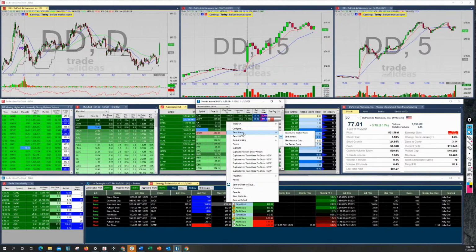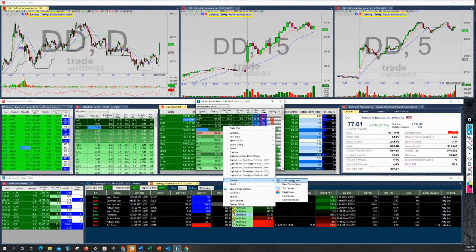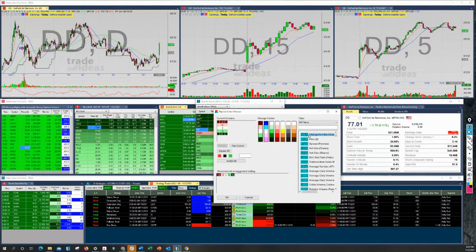That number of stocks it can populate is a set record count. Okay, so if we were to right click and come to set record count, right now the top 100 stocks that meet this criteria are what will populate here. We can change that server sort to any data point within the Trade Ideas system that we want. Okay, and then we can color code it. So there's server sort, there's the display sort. It's also display sorting based on this here, and then there's the color sort. The color sort is in properties. And we come to, somewhere in here, select colors. It's actually sorting based on change from close percent right now. So we could switch that to volume.